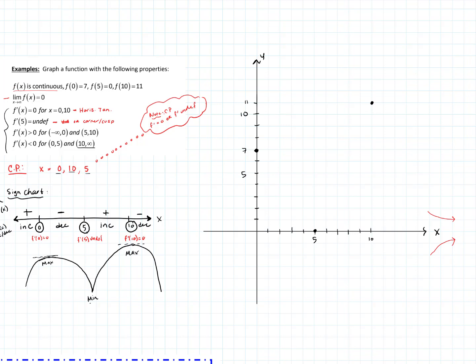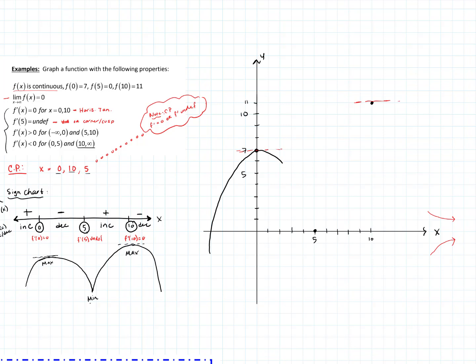So I know that as I go from negative infinity to 0, I'm increasing. So I'm going to have a shape that looks something like this. Again, everybody's graph is a little bit different. I also have those ordered pairs that I'm going to go into, so I know I'm increasing. I know at 0 I have a horizontal tangent. I also know at 10 I have a horizontal tangent, so I could put those lines in to give me some guidelines. I know that at 5 I have a corner or a cusp, as we already discussed,